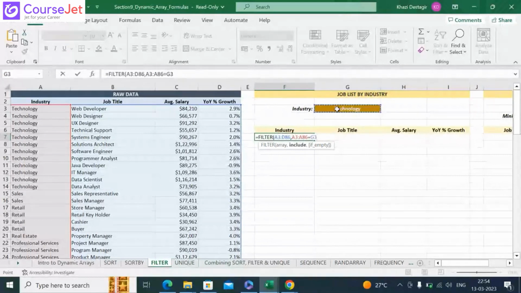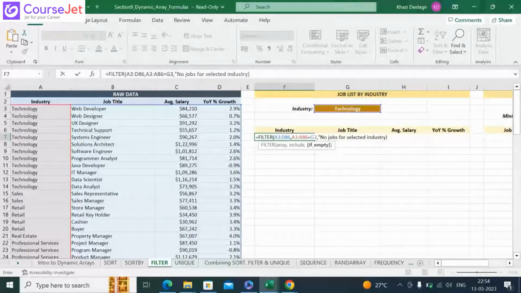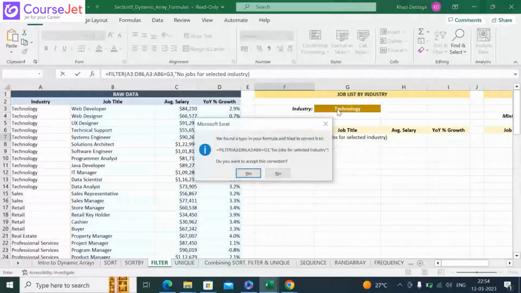Last but not least, the optional argument, if empty, we could do something like no jobs for this selected industry. So if the result is empty, then it has to give this message, no jobs for selected industry. Or anything you want. If I hit enter, something went wrong, a typo error. Okay, I did not give the